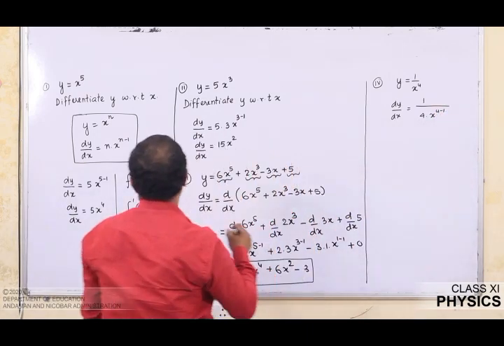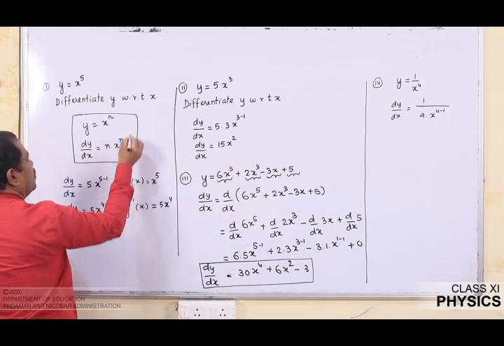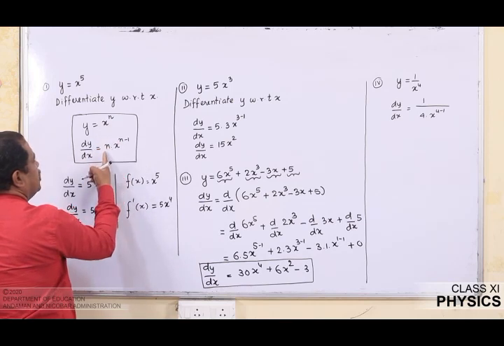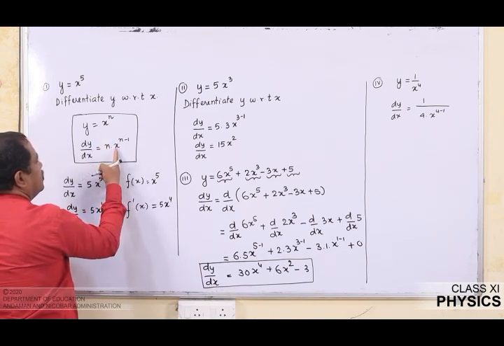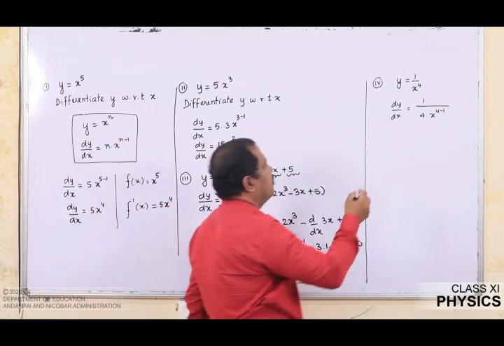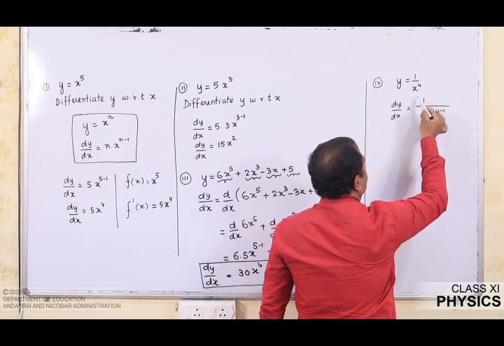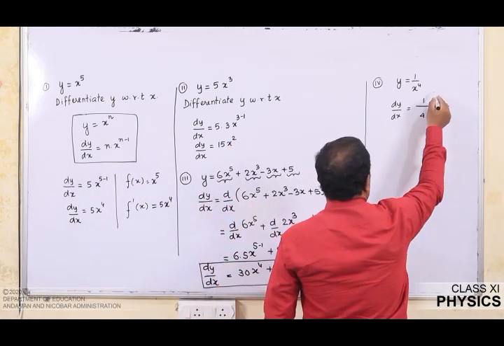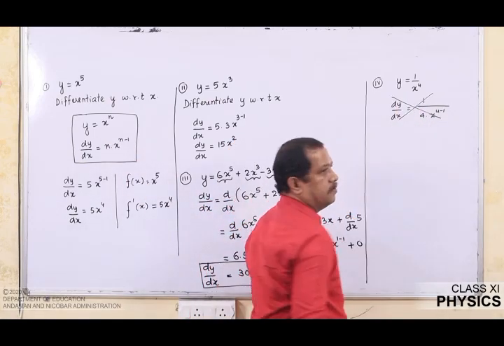What they will think, oh, the general formula is y is equal to x power n. So, straight away while we differentiate, simply we multiply the power and write the function power minus 1. But be mindful that x is at the denominator. Here when we wrote x, this is in the numerator. So, this is not the right way to differentiate.